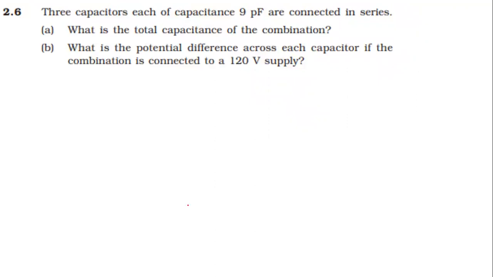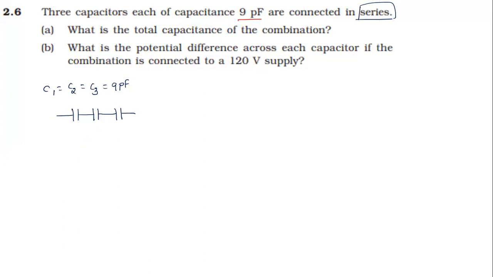Question number 2.6. They've given 3 capacitors, each of capacitance 9 picofarad. So all are of equal capacitance now: C1 equals C2 equals C3, 9 picofarad. How are they connected? They are connected in a series combination. So you need to have an idea like this. All these things you need to come to mind. Okay, no need of writing, but it should come to mind. Now they're asking, what is the total capacitance of the combination? So since all are equal,